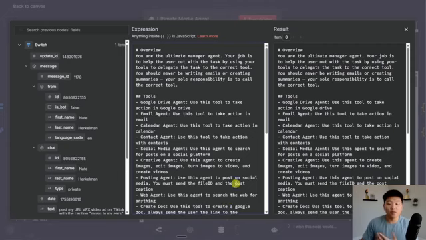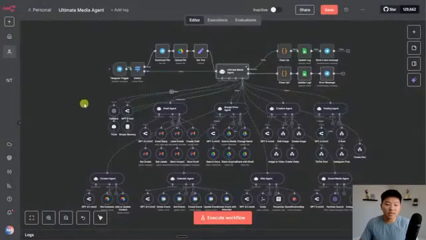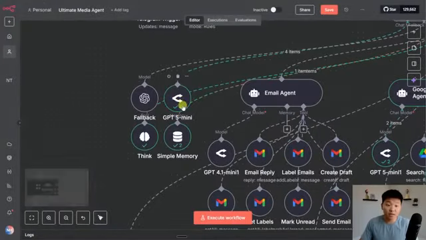So as you can see, that's not even too difficult or sophisticated of a system prompt. You'll receive an input, figure out which tools to use, and just use them. Couldn't be simpler. And then one other thing I will show you guys is that we're using GPT-5 Mini through